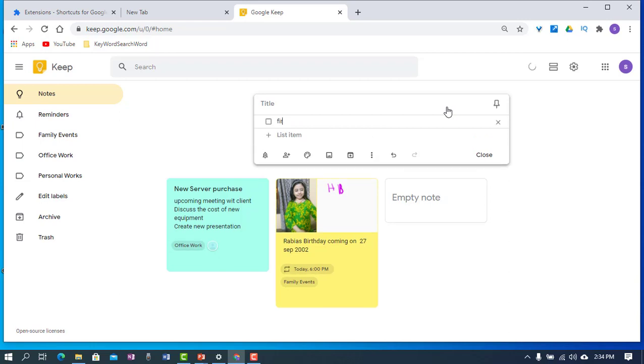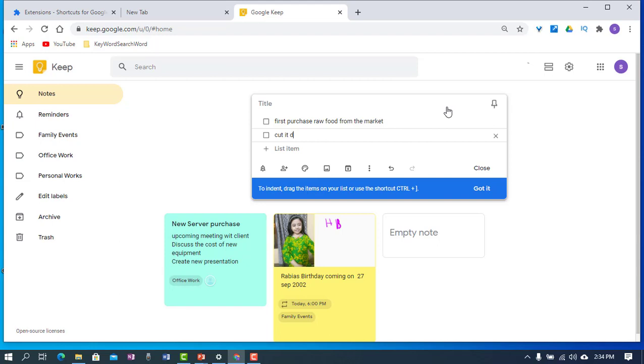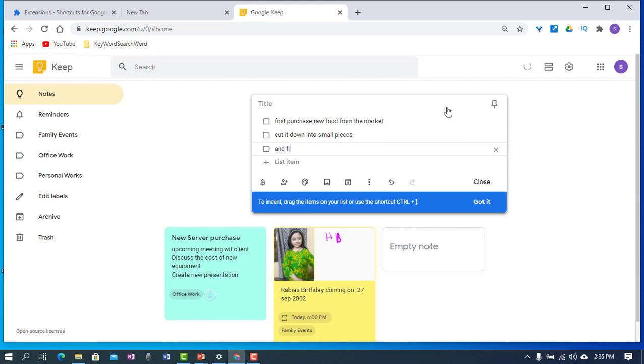For example, first, purchase raw food from the market, and in the second step, cut it down into small pieces, and in the same way we finish, and finally cook it.